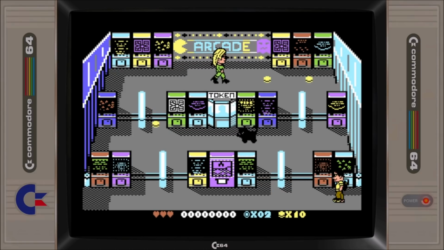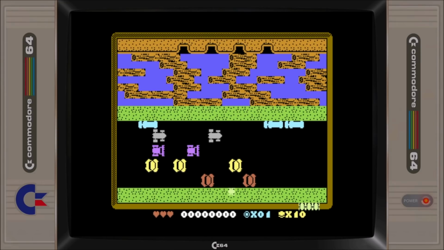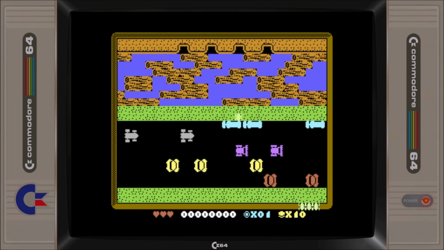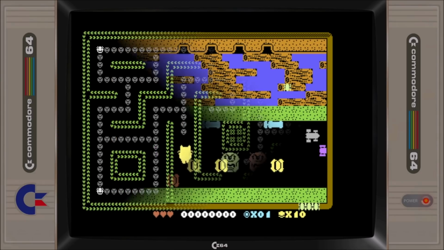With tokens in hand, you're ready to play any of the arcade cabinets in the hall. The style of game applicable to each cabinet is indicated via the screen display on the machine. There are 6 genres of arcade games available, each having 3 variants. In addition to the Frogger variants shown on screen, the other genre styles include Pac-Man,